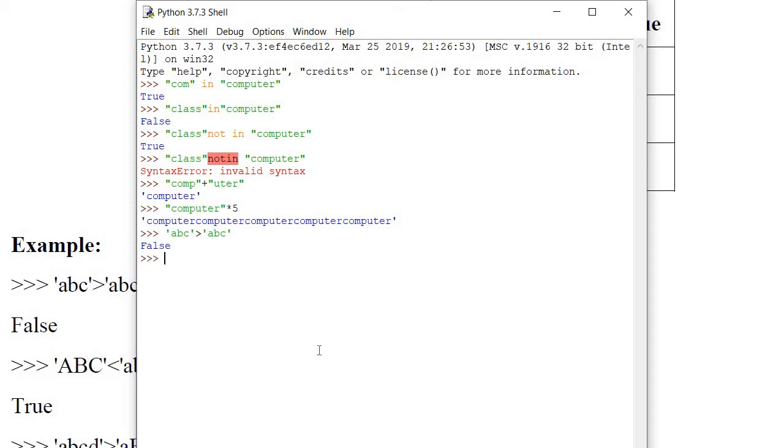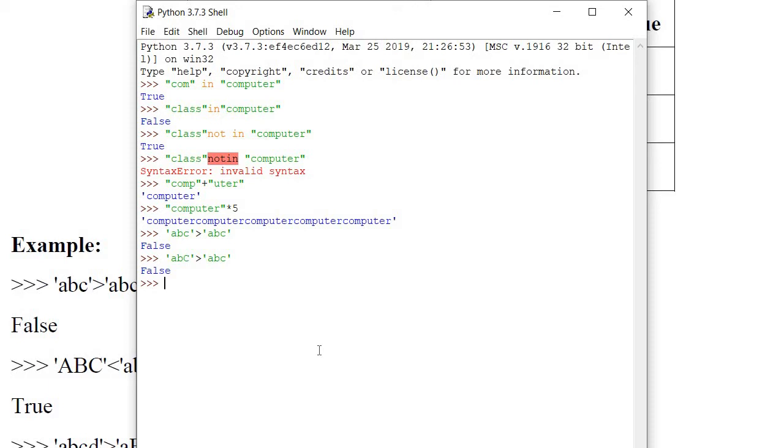But see one more time: AB with capital C is greater than abc. Again it's saying false, because the value of small abc is greater.